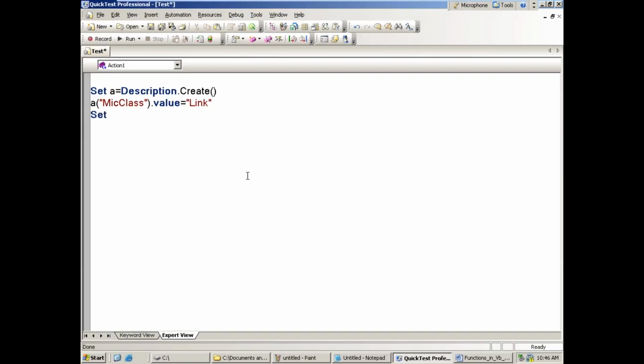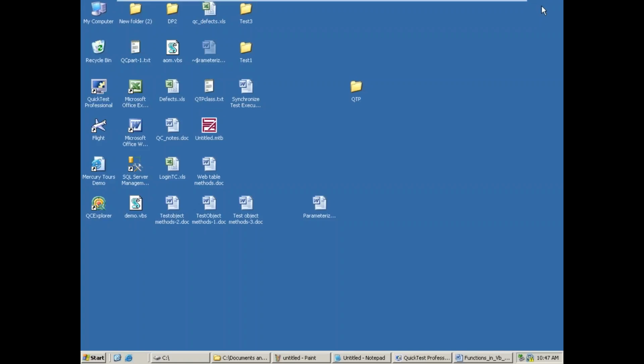Then Set B equal to Browser("browser name").Page("page name").ChildObjects(A). Then MsgBox B.Count. Let me open one application here.